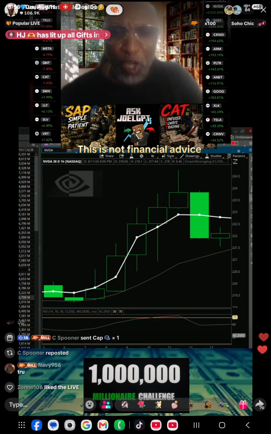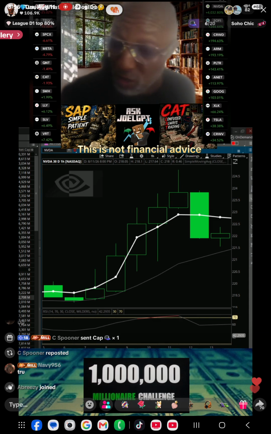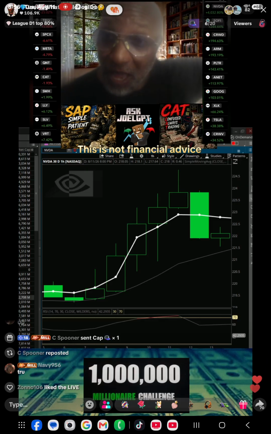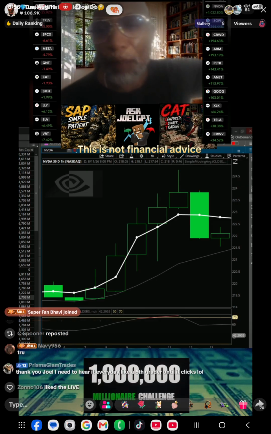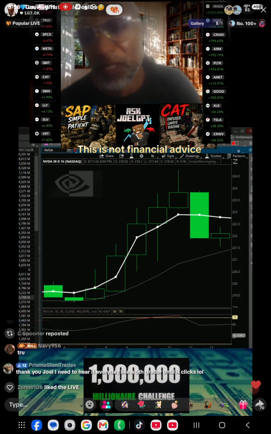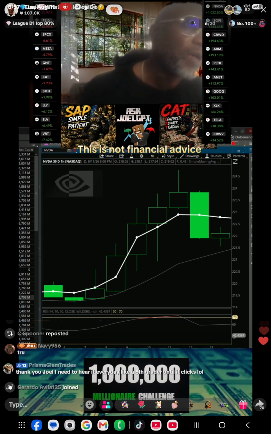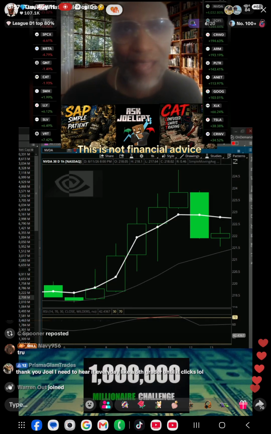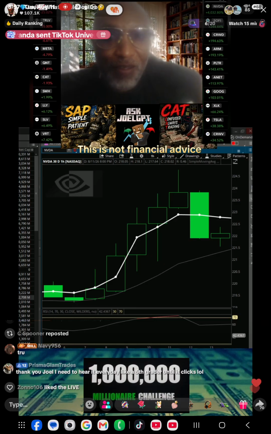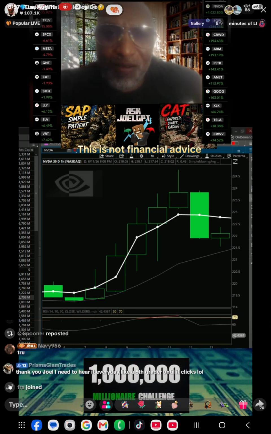Look at this chart. Do you see Nvidia going to a support level? It went at a 45-degree angle up because that's the optimal angle for something that's bullish and bearish. Stocks spend 80% of their time going at a 45-degree angle this way or this way. 10% of the time it goes sideways. How do I know these statistics? Because I'm a geek like that. And once you start understanding stuff like that, you're like, man, all this stuff I've been learning, I don't even want to use that. That don't even make no sense.